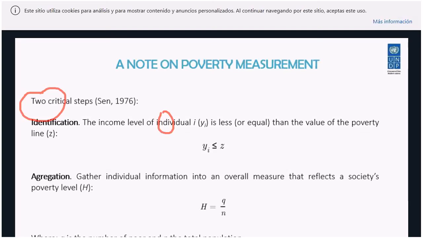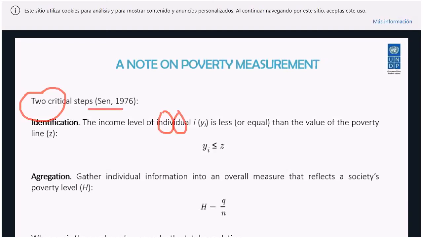So the first issue to deal with is what is the relevant dimension, or what are the relevant dimensions of well-being. Secondly, what should be the threshold above or below which we can ascertain that an individual is non-poor or poor, respectively, right? In terms of income,